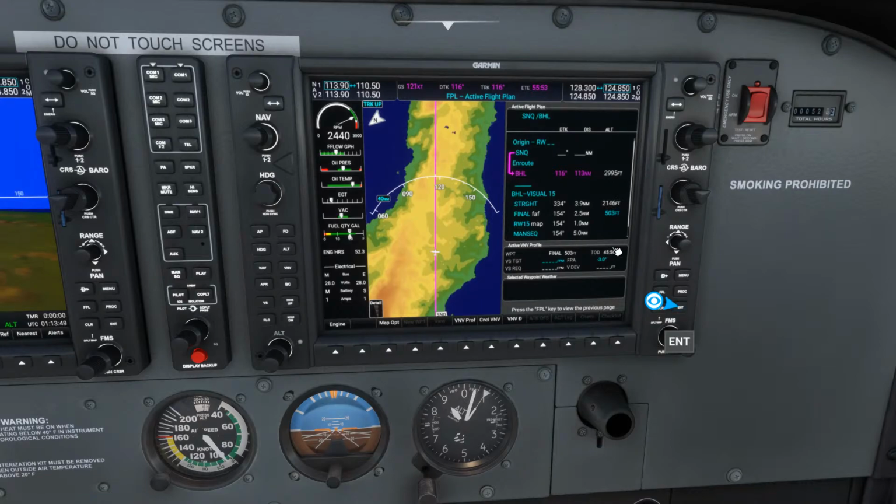Okay, so now our top of descent, what we're going to do is start descending to about 3,000 feet. And we've got the final approach fix at about 500 feet.